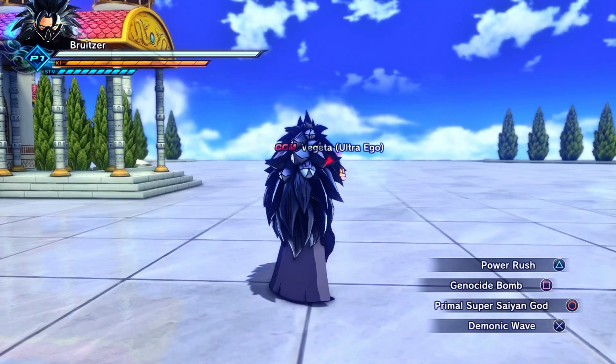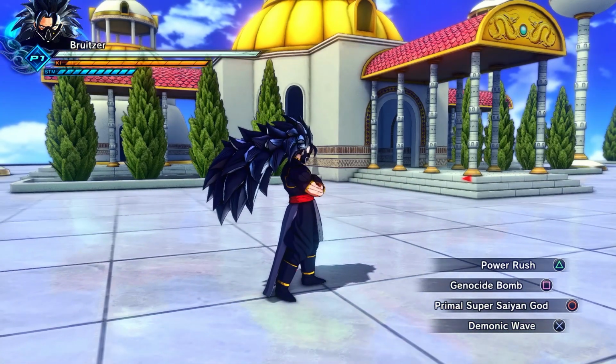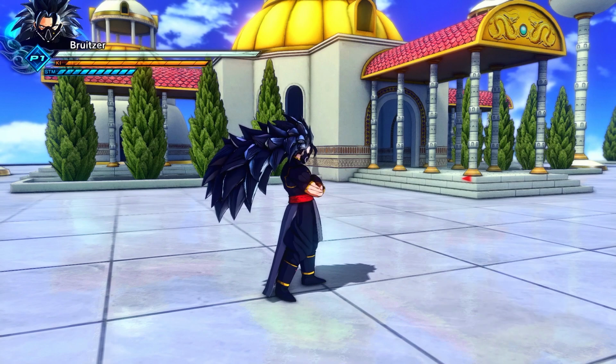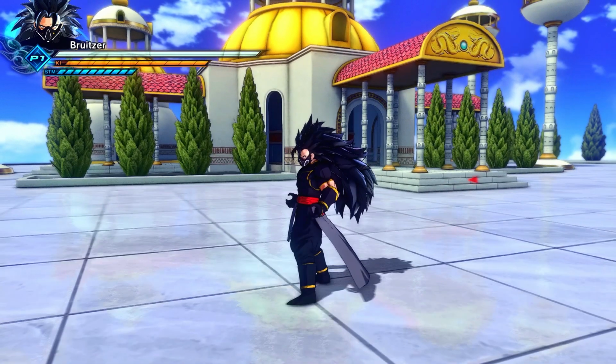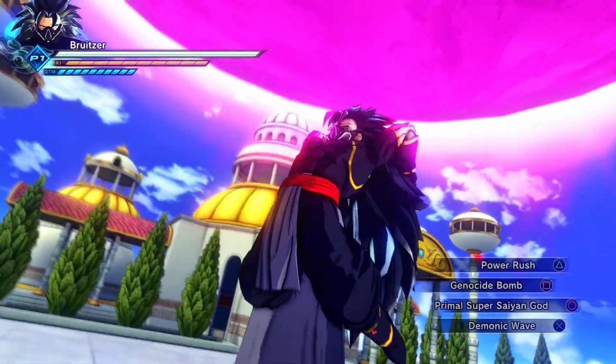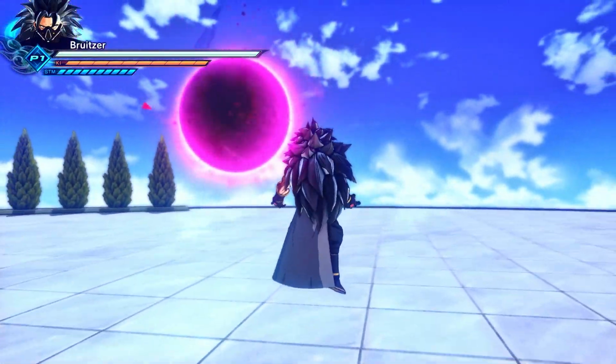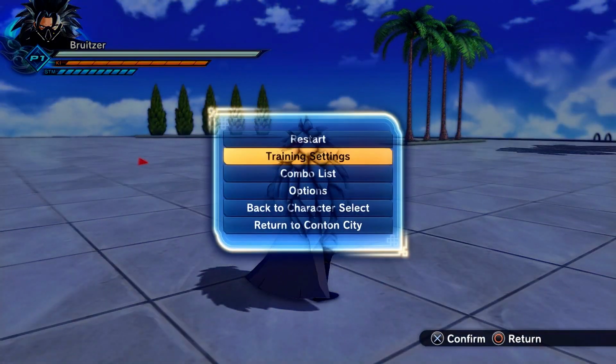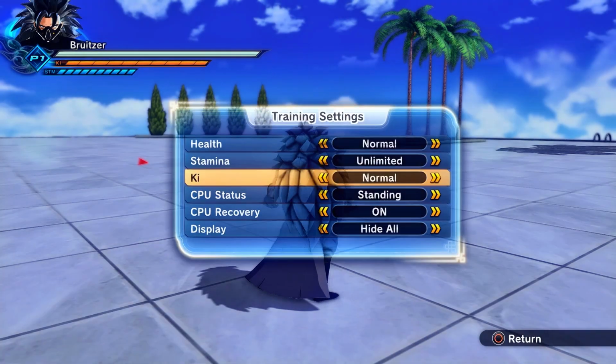Genocide Bomb is actually from Vegeta Ultra Ego. Now, I don't know if Vegeta Ultra Ego is a DLC yet, but if not, I have the mod for it. Basically, this is just pretty sick, right? And one thing that is pretty cool about it is if I were to, let's say,